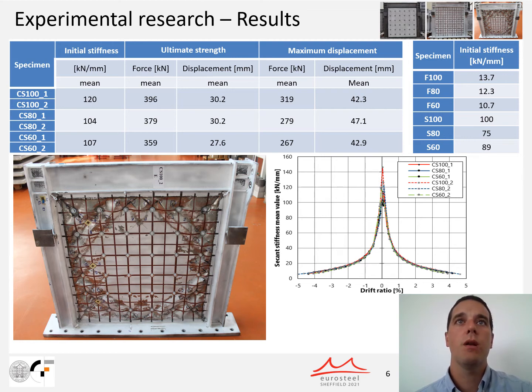In comparison to steel plate shear walls, initial stiffness was only negligibly affected by column flexural stiffness. This occurs due to the fact that the steel infill plate increases specimen initial stiffness by almost 10 times when compared to the stiffness of pure frame specimens. As expected, ultimate strength of specimens decreased with the reduction of column flexural stiffness.